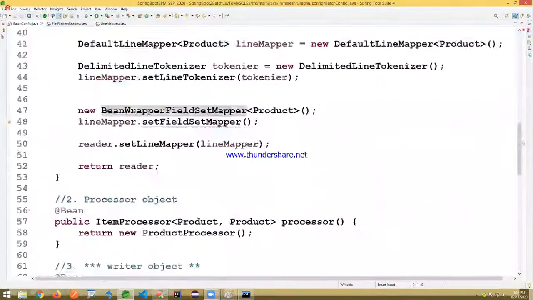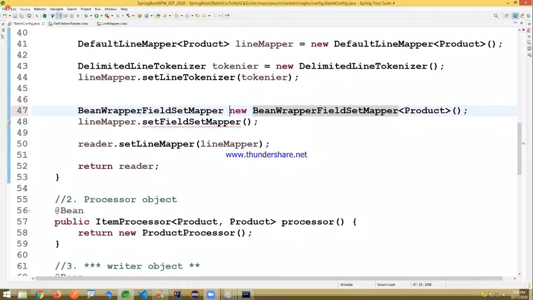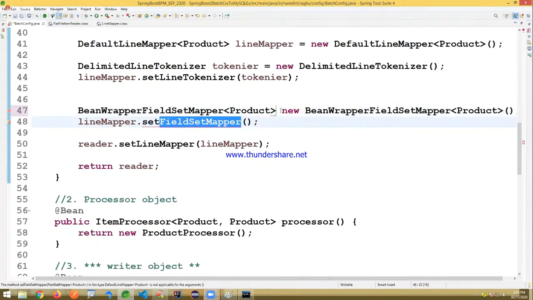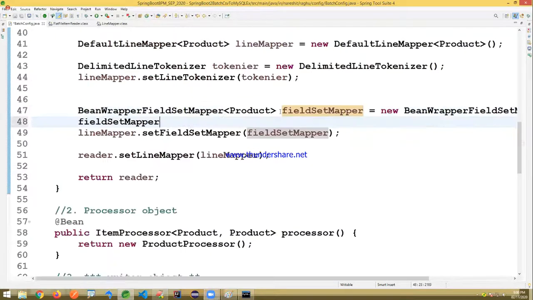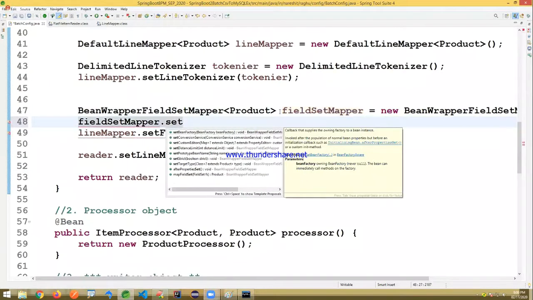I'm just writing it of type product. It's a field set mapper. So for this field set mapper, we need to specify the type. Set a target type.